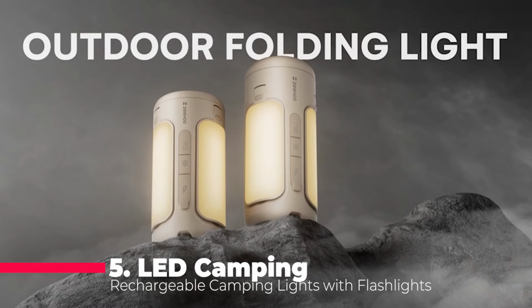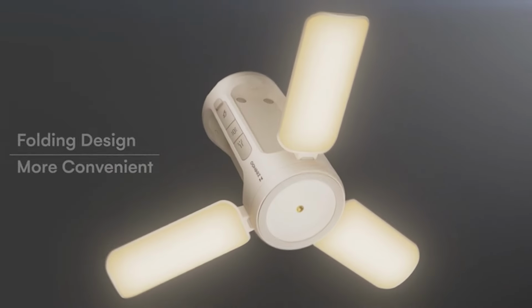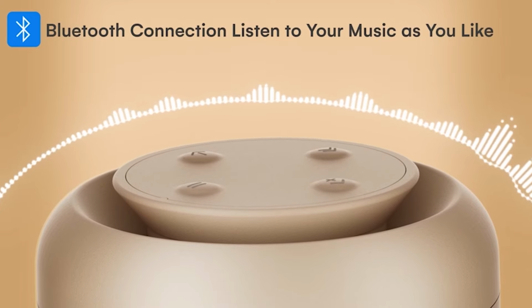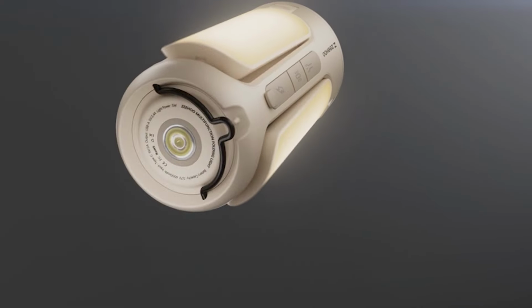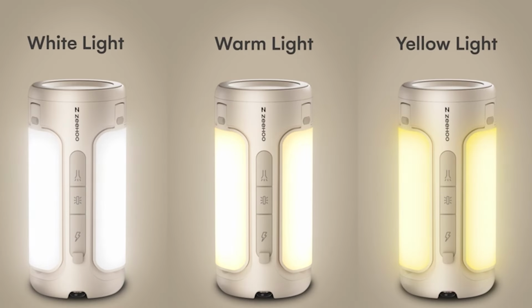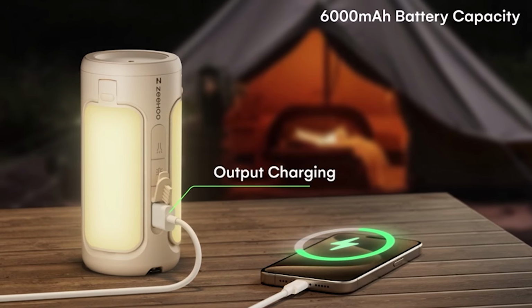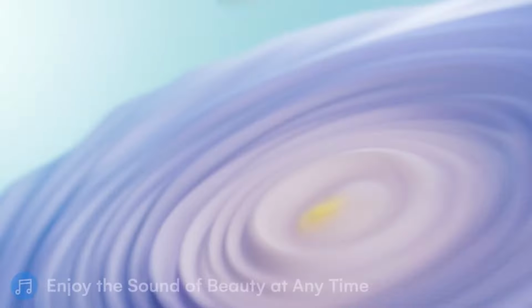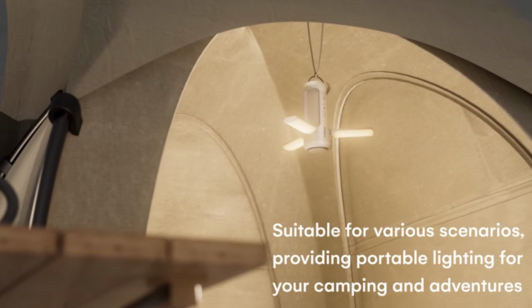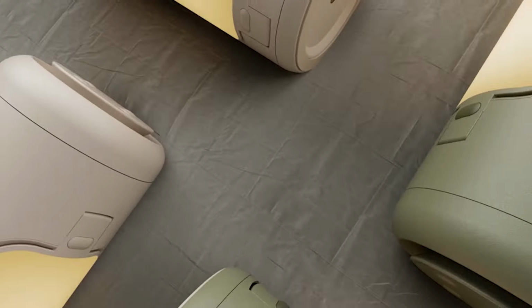At number 5, we have the LED camping lantern, a multifunctional marvel that redefines what a camping light should be. This lantern isn't just another lighting tool. It's a versatile powerhouse designed to adapt to a variety of outdoor scenarios. It features a combination of high-intensity LEDs that produce 750 lumens of brightness, providing exceptional illumination in even the darkest